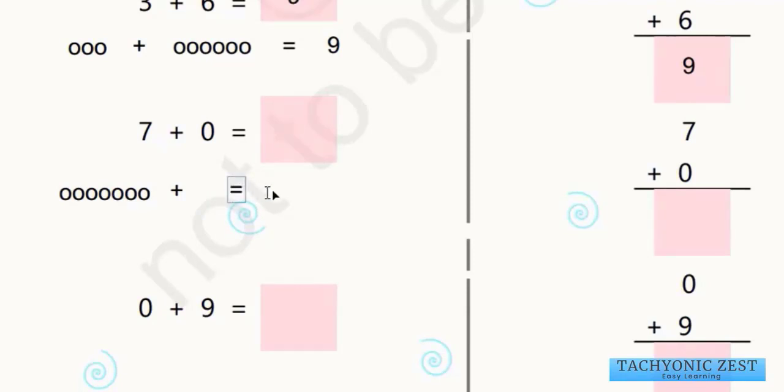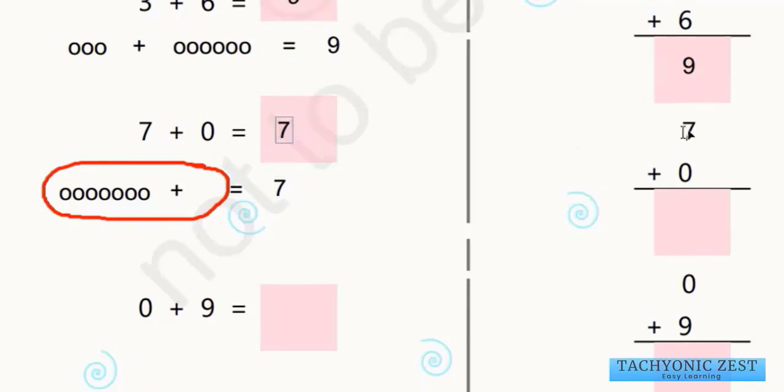So how many total number of balls finally we get? We will count this entire thing in total. Let us count. 1 2 3 4 5 6 7 plus 0. So how many total balls are there? 1 2 3 4 5 6 7. 7 balls. So the final answer here is 7. So 7 plus 0 is equal to 7 balls.